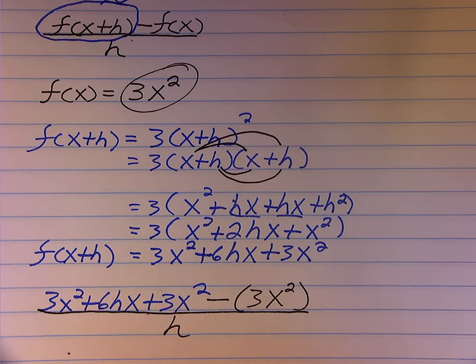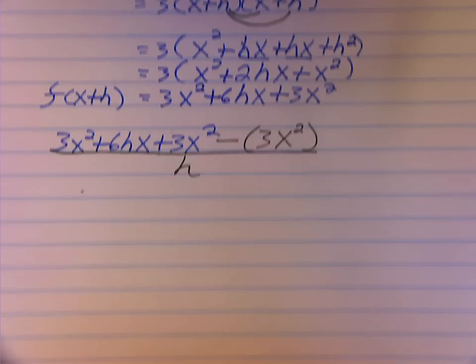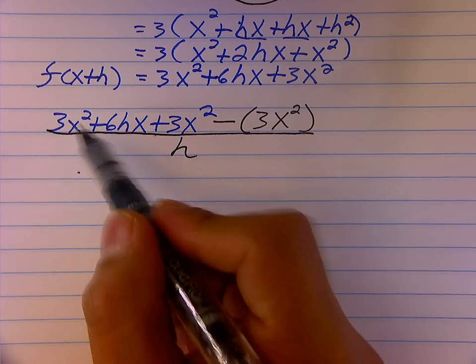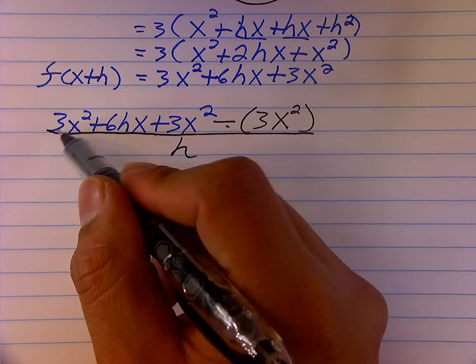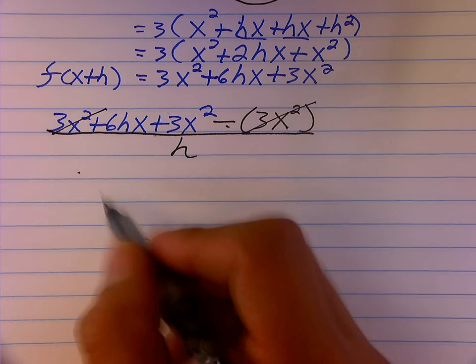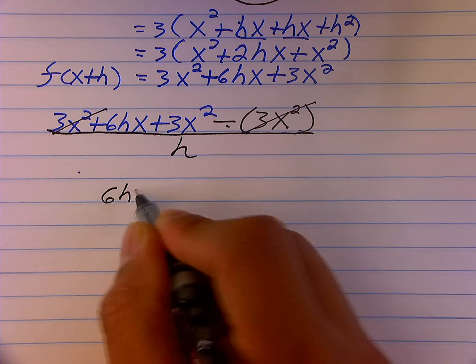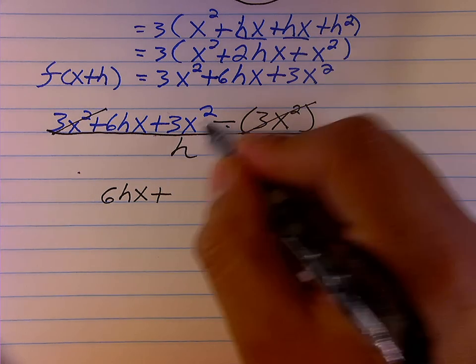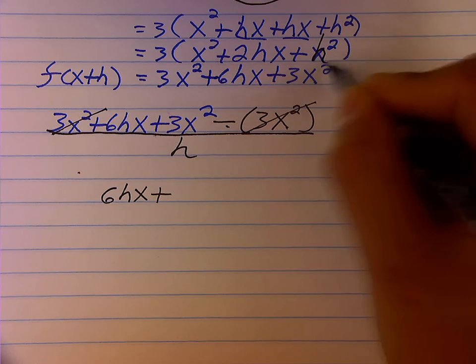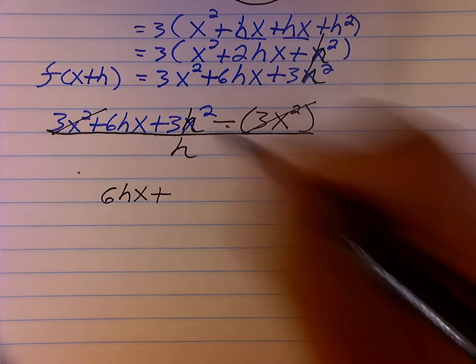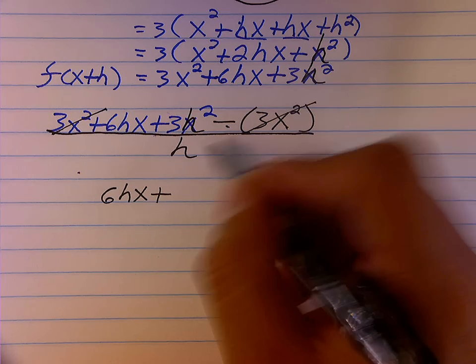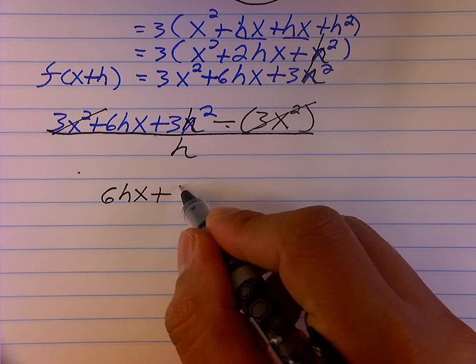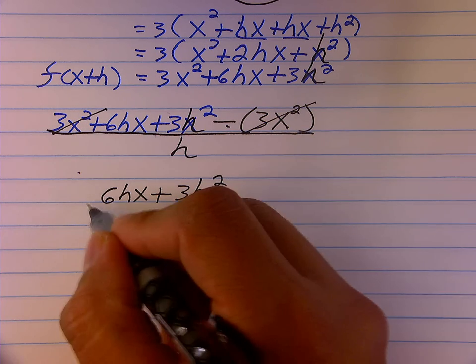At this point, I'm just going to combine like terms, simplify my fraction, and reduce. So I'm going to move my camera down a little bit so we can see the work. So I have a 3x squared minus a 3x squared, which will eliminate each other, giving us a 6hx plus 3, oops, that's not an x squared there, that's supposed to be an h squared. I'm sorry about that mistake. So that's supposed to be a 3h squared